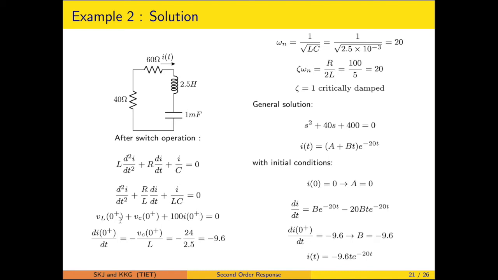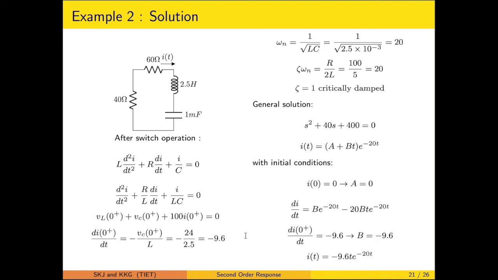Now they are substituted. Because the initial current is 0, di/dt equals minus Vc upon L. Vc was 24, inductance is 2.5 henry, so that gives rise to minus 9.6